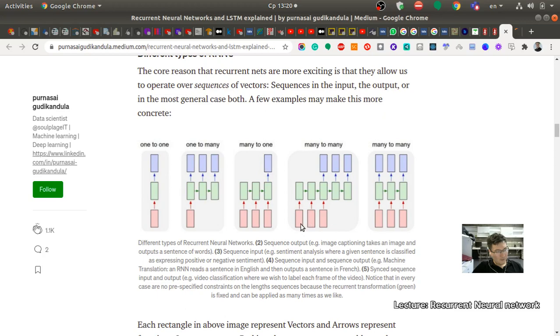This is many to many. This one, for example, may be for machine translation. Here you write text in English, like hello world, and here it will start with hello world, end of symbol, and here it will start with the translation, Salem Alem, and end of symbol. Something like this, and many to many. The same for machine translation can be used here, but sometimes this is better because it stores all information into one vector, and then you can use this vector to represent all of this. So for example, this can be word-to-word translation without any